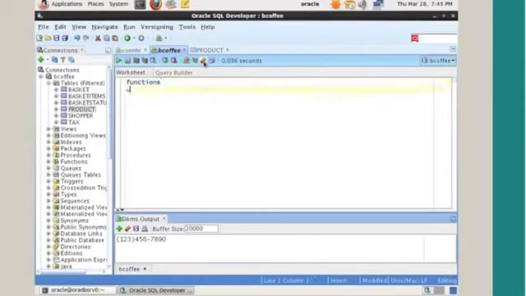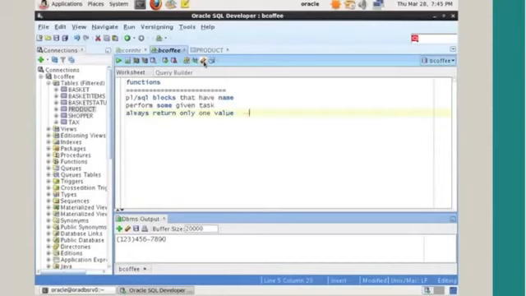Now, functions are similar to PL SQL procedures in the sense that they are also PL SQL blocks that have a name. They are also PL SQL blocks that perform some given task. And most importantly, functions always return only one value. So this is very, very important, probably the most important point over here, where I would say that they return only one value. And very often you use functions